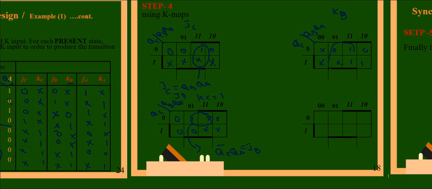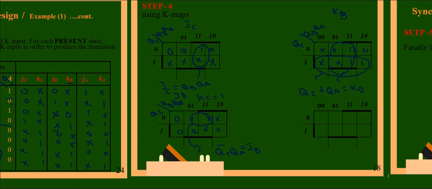First we can do these 4 ones. Then with these we can do one more grouping like this of 4, because of 3 ones. Now when you take this grouping, here QC is 1 and all the other terms remain 0, so QC plus, if you take this one here, anyway QC gets cancelled, 0 and 1, and in this case first one QB also gets cancelled, so we will get QA. So KB is equal to QC plus QA, the formula we got from the K-map.